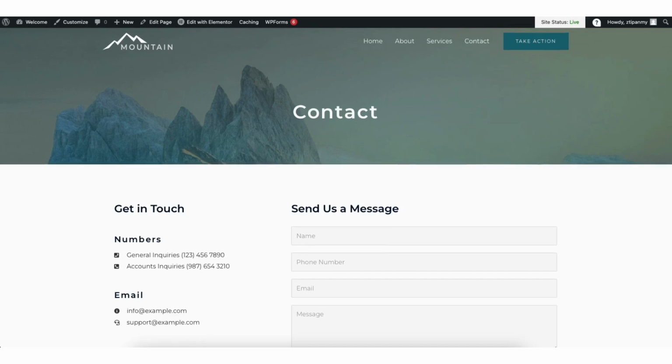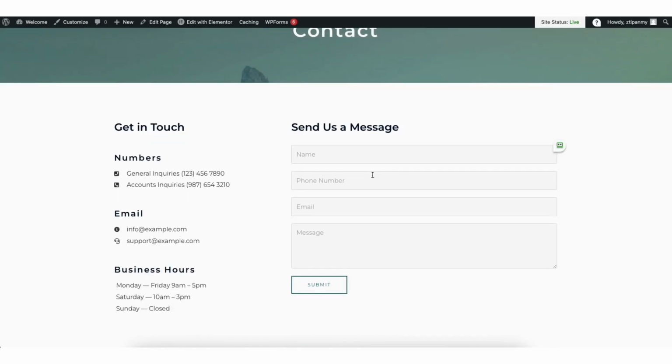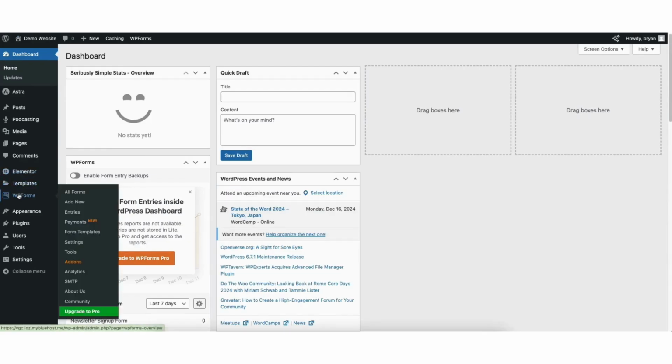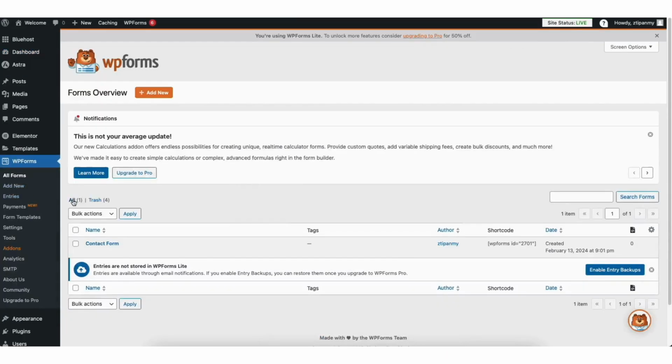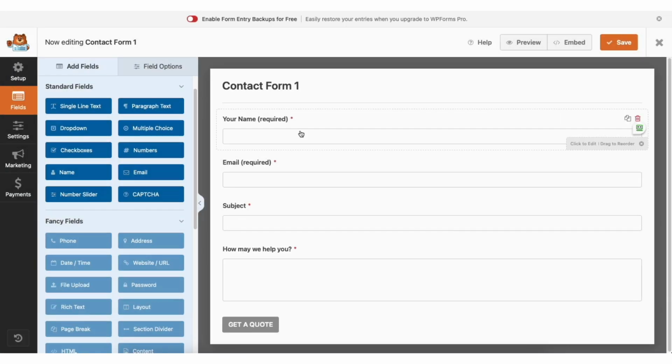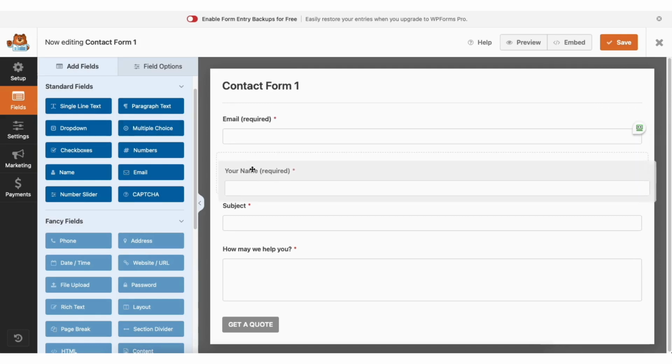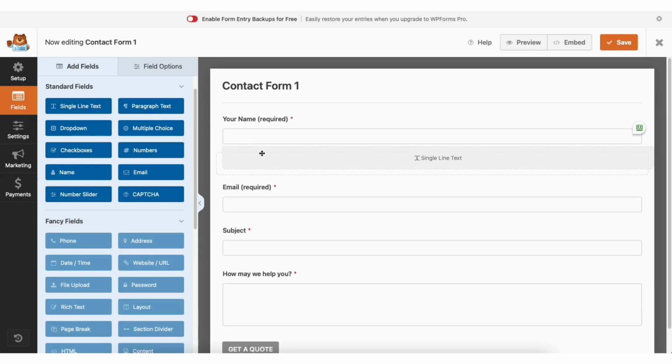To edit this contact form found here, hover over your site title name at the top. Click dashboard. Next, click on WP Forms. You'll see the contact us form here. Hover over it and click edit. It's now going to bring up the builder for the contact us form. You can hover over an area to delete it or duplicate it. You can click an area and drag it to wherever you'd like it. If you want to add something, you can drag it over from the side.